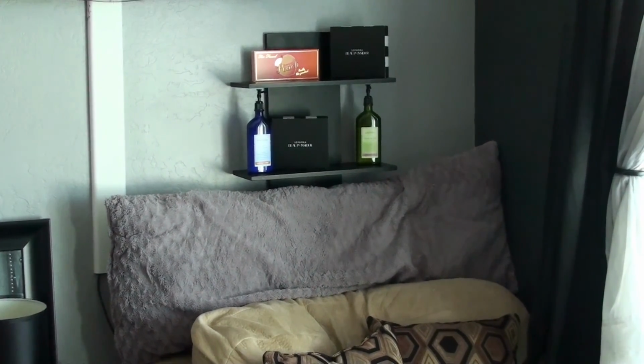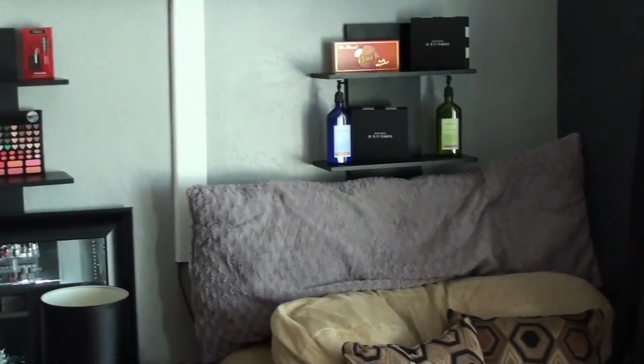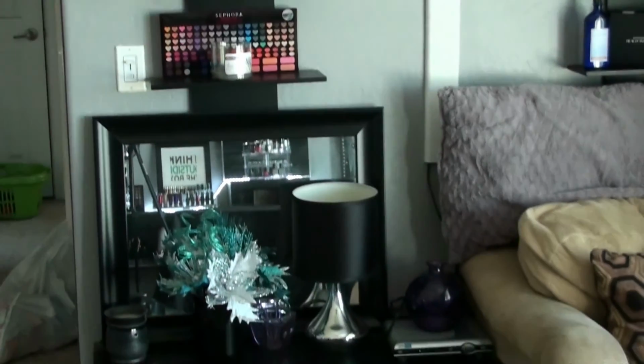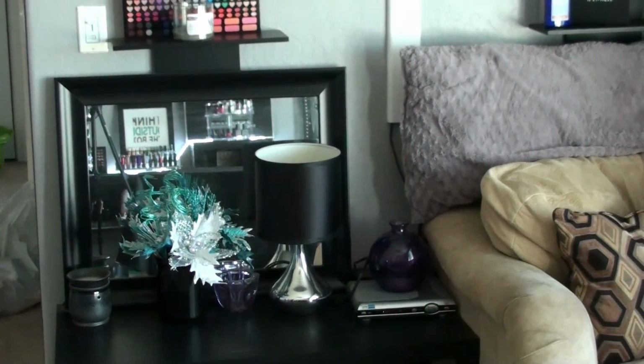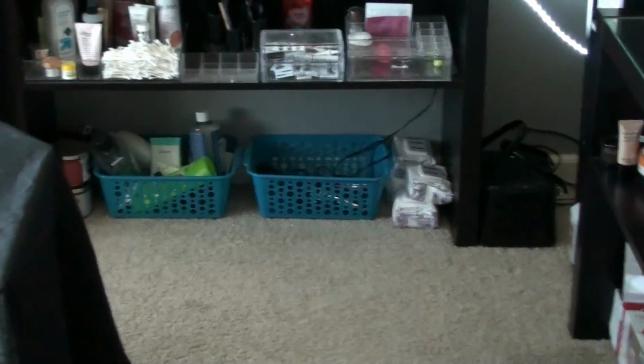And again, these are all empty. There's some lotion. Those aren't empty, but the boxes you'll see are all just decor. It's not with the product in it. And a mirror that's been there for a while. I didn't know what to do with it. And my DVR box, because I also have a TV up there. Now, I kind of moved it for the sake of filming this, so it's not